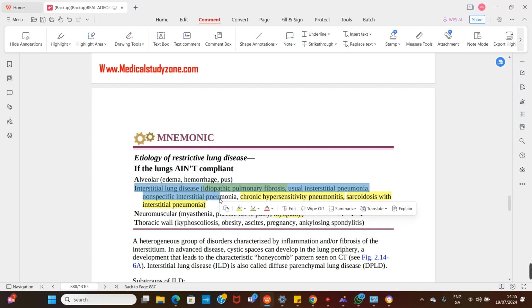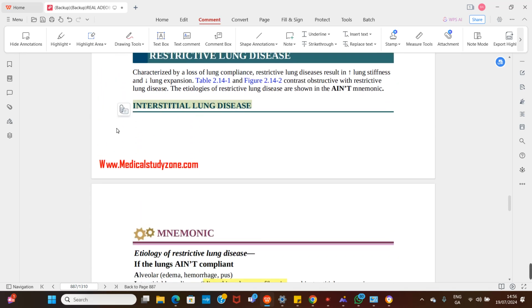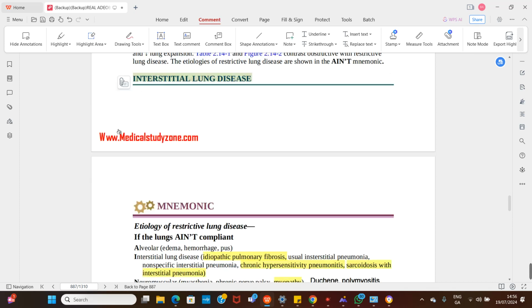It means there's a problem with that lung parenchyma. I don't care if there's a problem with the wall. I don't care if there's a problem with the muscles. But for your DLCO to be reduced, there's a problem with the parenchyma. So, the acronym is